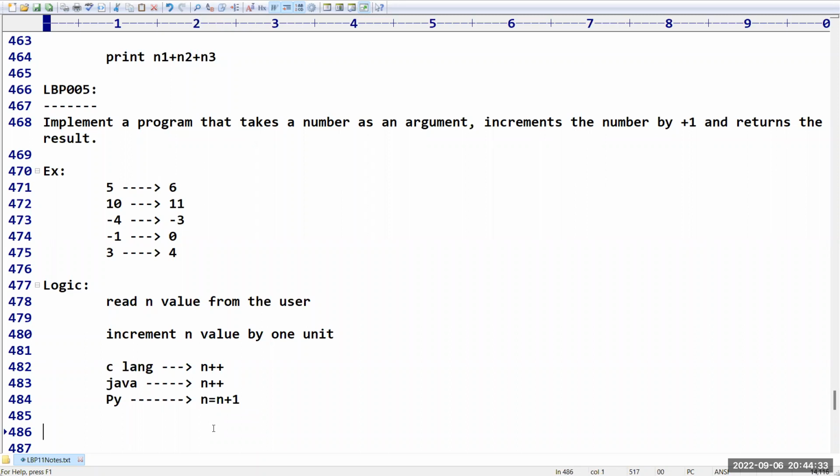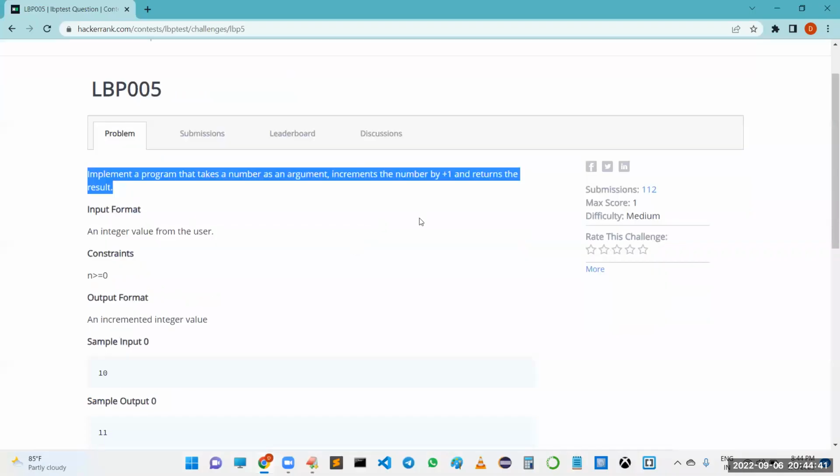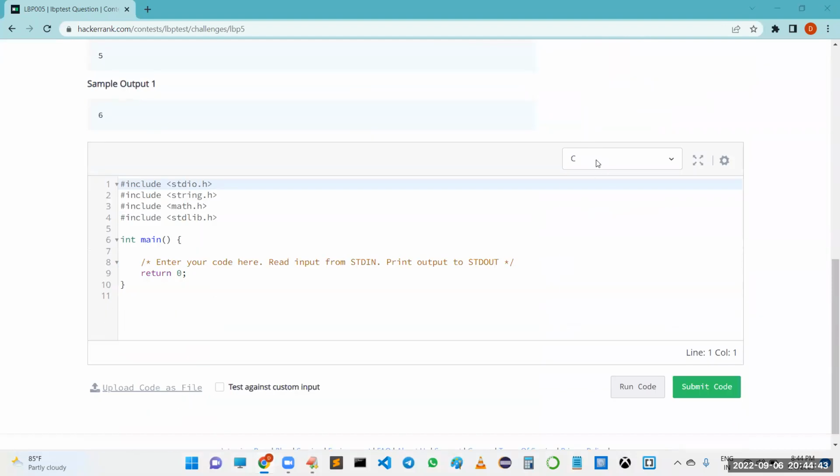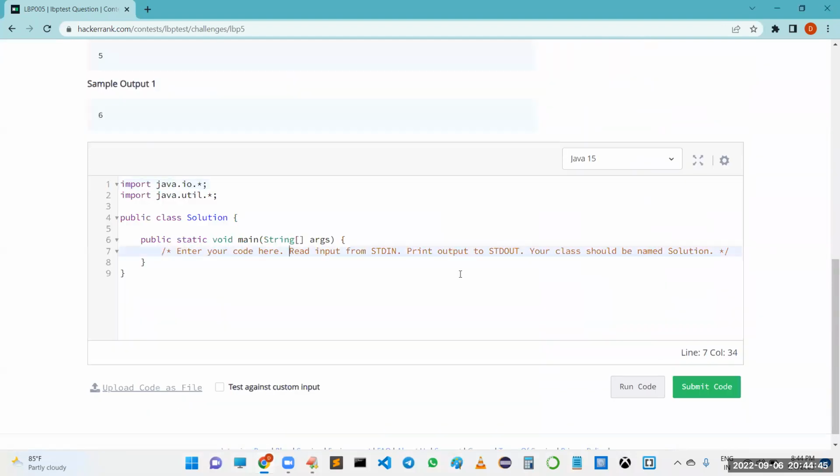I will write a program for this and show how you can run it. I will execute it in both languages, Java as well as Python. First, let us write it in Java. How to write it in Java, all these steps I will explain later, because you need to understand input and output statements first to get clarity on this.